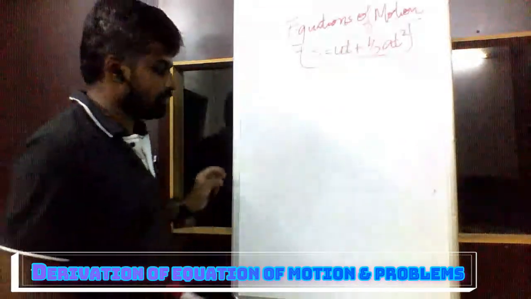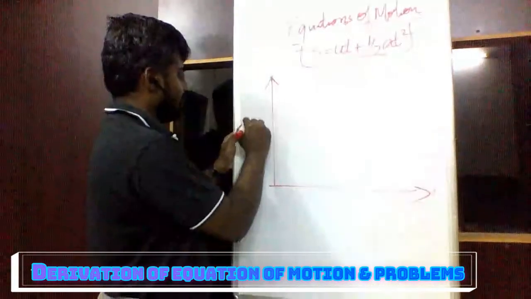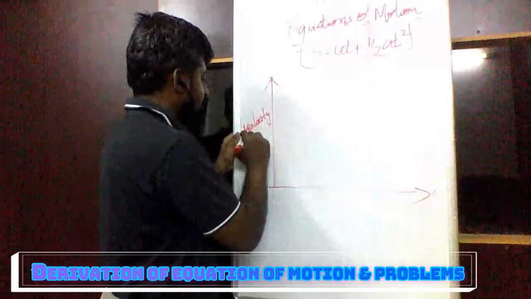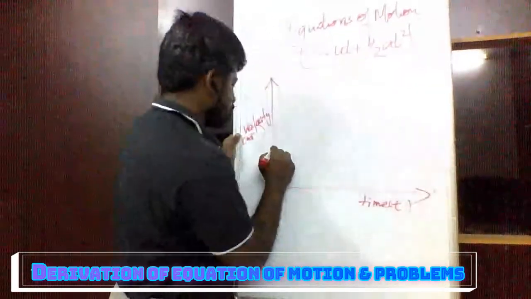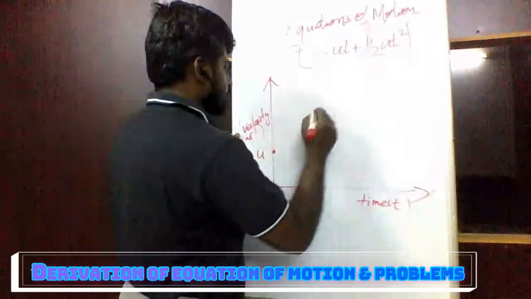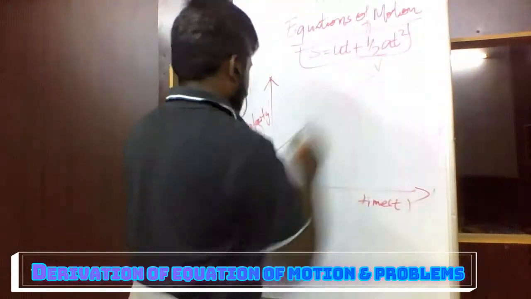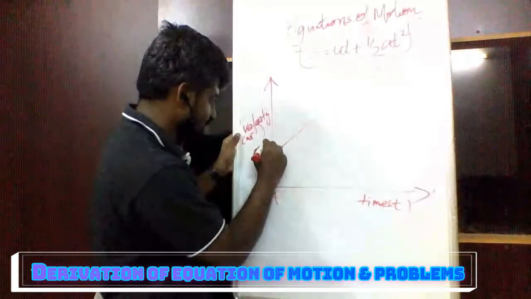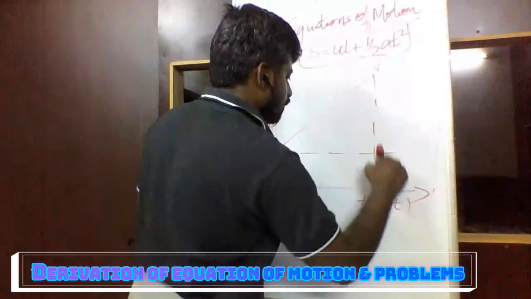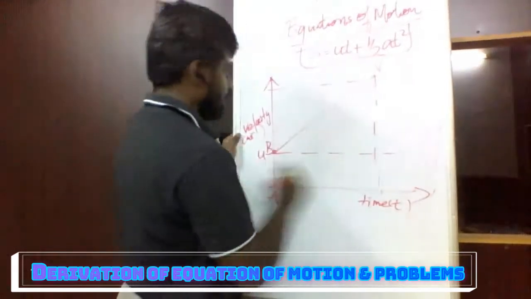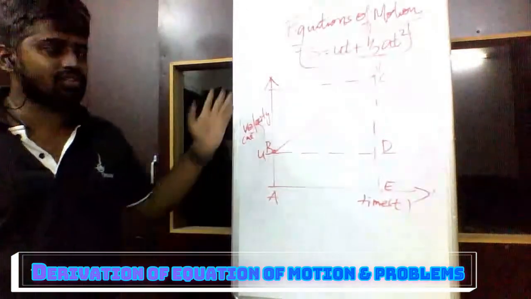Now the same graph, I am going to draw the same velocity time graph, velocity in meter per second, and the time t, and here starting with u and reached v, and this is v. Let us consider this point as b. Draw one line from here, one line from there, a b c d e. That's all. Simple. Velocity time graph.